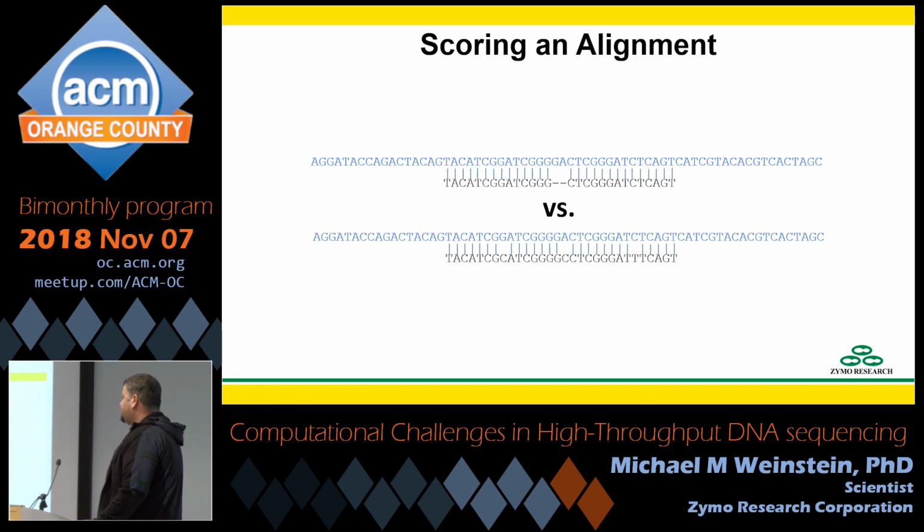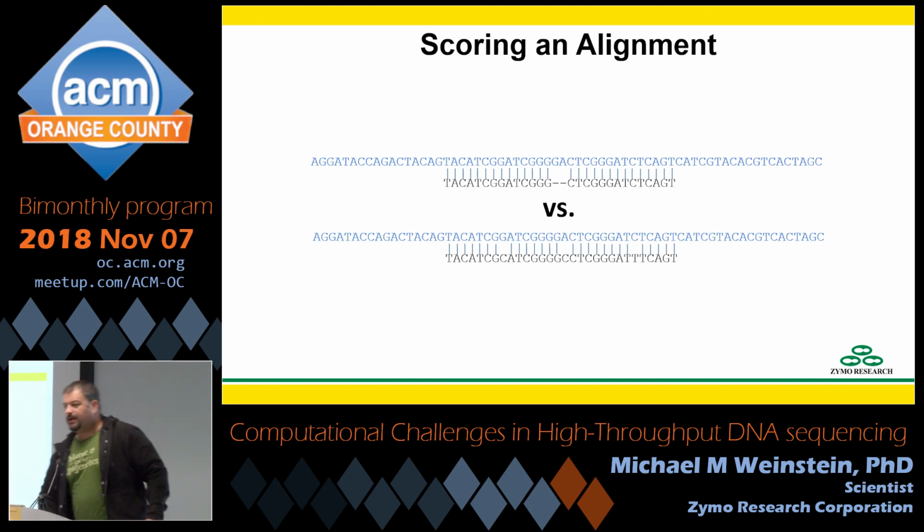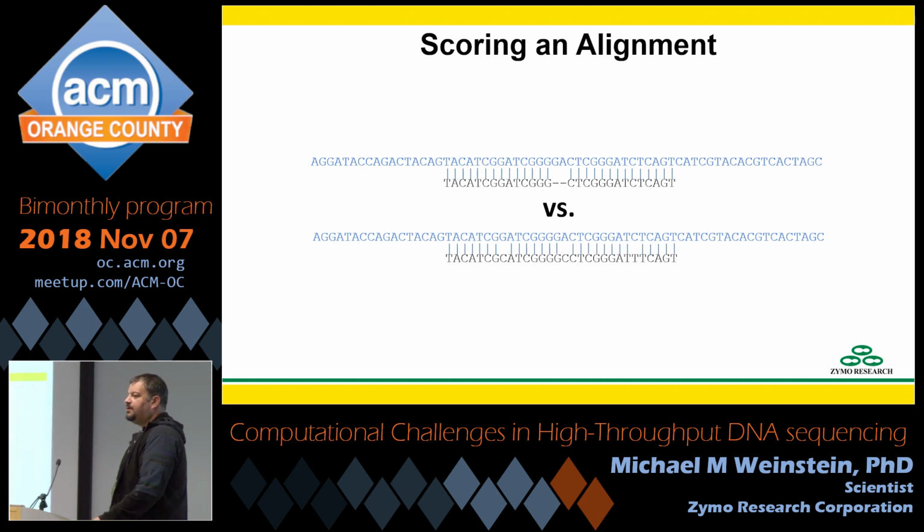You're also probably going to want to look at the confidences behind them. So maybe those 3 mismatches are low confidence, in which case you can say, yeah, there's 3 bases that don't match, and they're actually bad confidence calls. The other thing is, typically for confidence scores, any insertions or deletions are going to give you a big hit to your confidence score. And there's a good reason for this. If I didn't take a big hit to my confidence score every time I tried to open an indel, I could align anything anywhere. Because I could just put in enough insertions and deletions that anything could go anywhere.